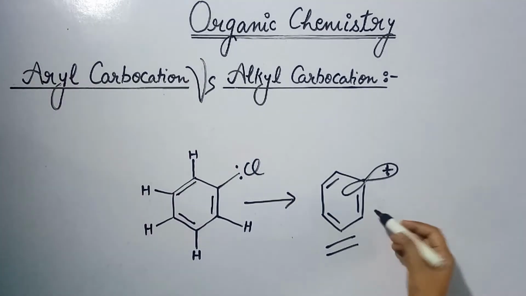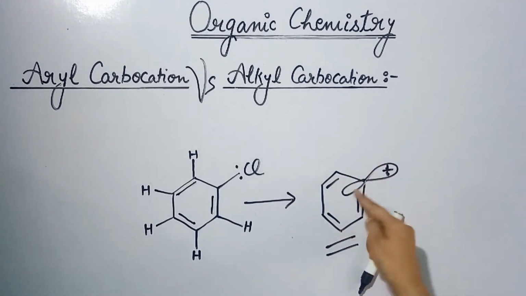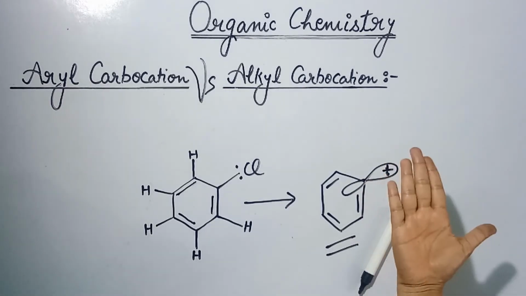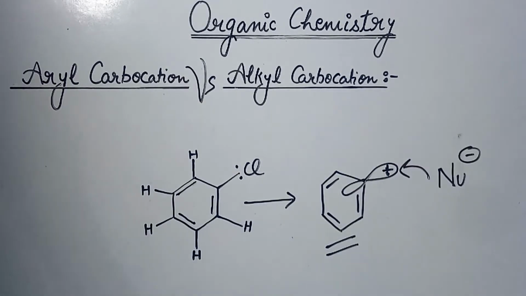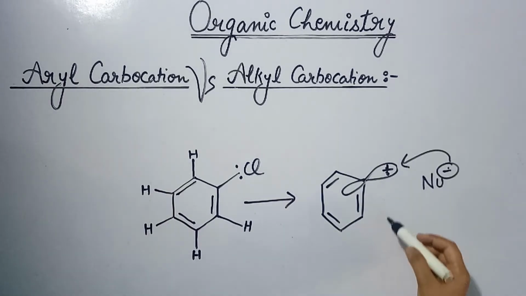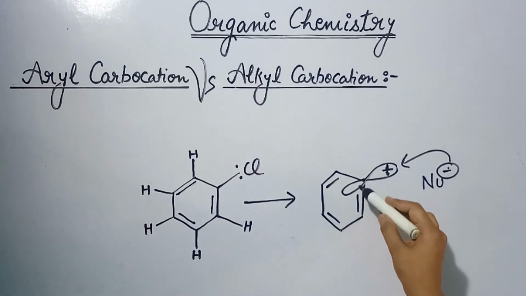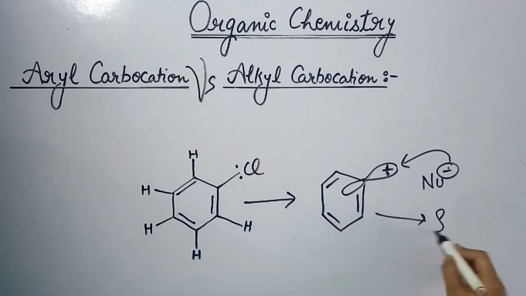Now you can see that this is actually a benzene molecule like your palm, and the orbital is not perpendicular to the palm. It is actually like the thumb. Okay, you can see this is actually like the thumb. And now this is going to be readily attacked by the nucleophile. Remember this, the molecule is not going to change its configuration, because it is aromatic. So it is not going to lose its aromaticity, because aromaticity provides stability.